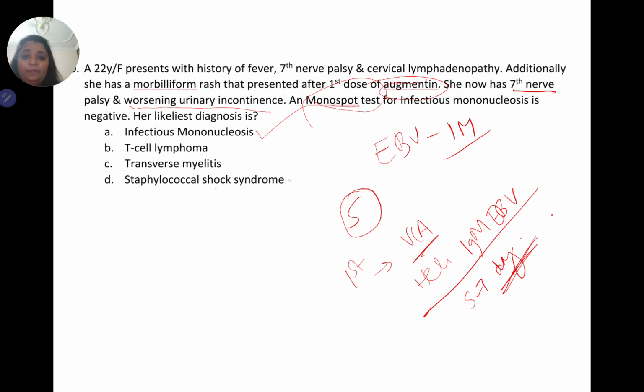Staph toxic shock syndrome, the patient is not exactly in shock, and transverse myelitis, the other features are not fitting. Lymphoma, again tender lymphadenopathy, and the rest of it is not fitting into the diagnosis. So it is infectious mononucleosis. Next,